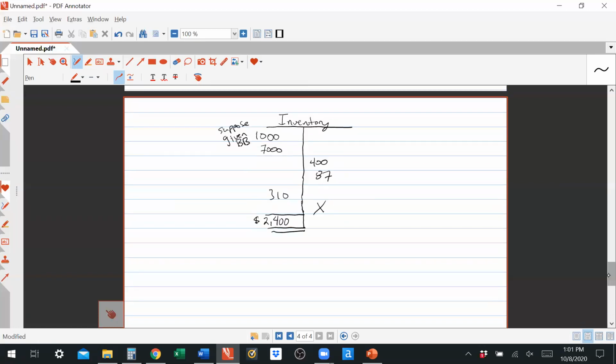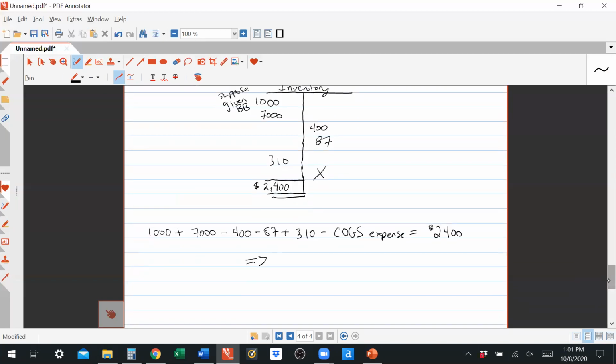Then the company would calculate their cost of goods sold using the T account formula. So $1,000 plus the 7,000 minus the 400 minus the 87 plus the 310 minus cost of goods sold expense has to equal the $2,400. And that implies that COGS for the August,